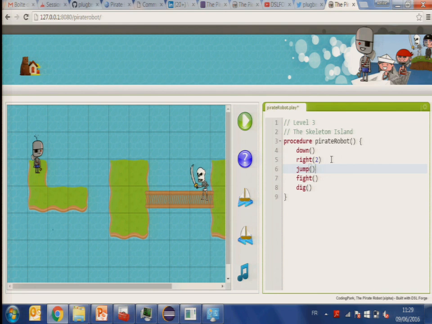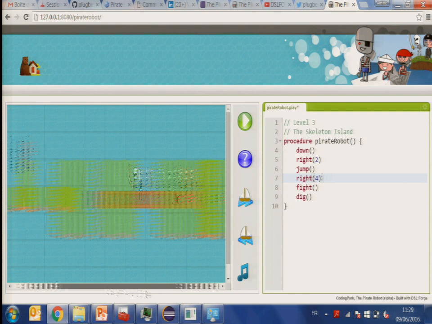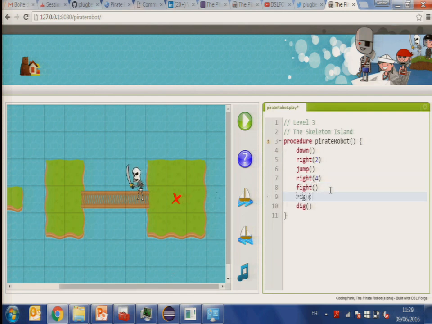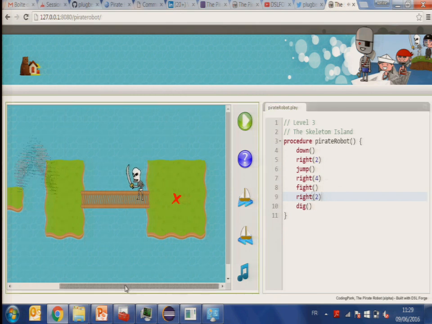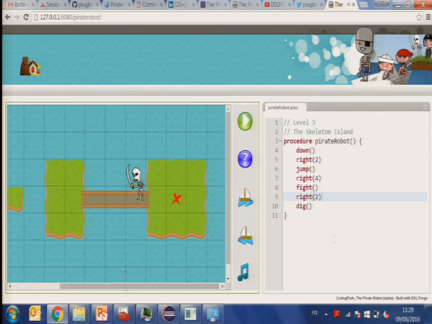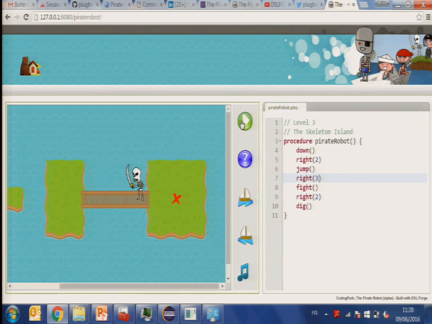Then I guess right 4, then fight, then right 2, and this. No, it should be right 3.